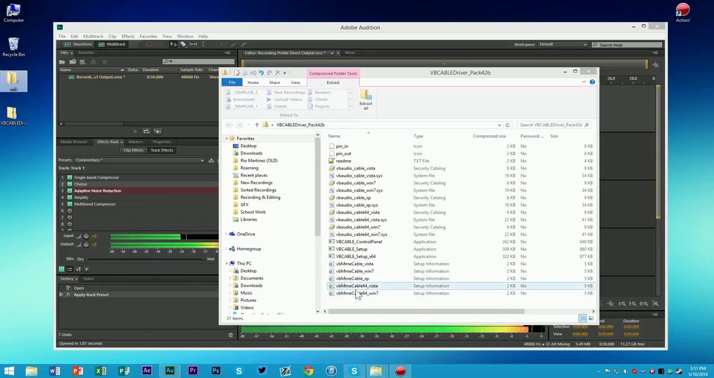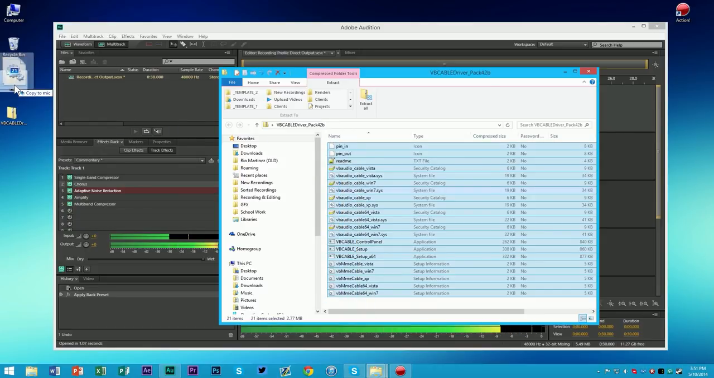You won't need it after this. And then, just select everything inside your zip, put it in that new